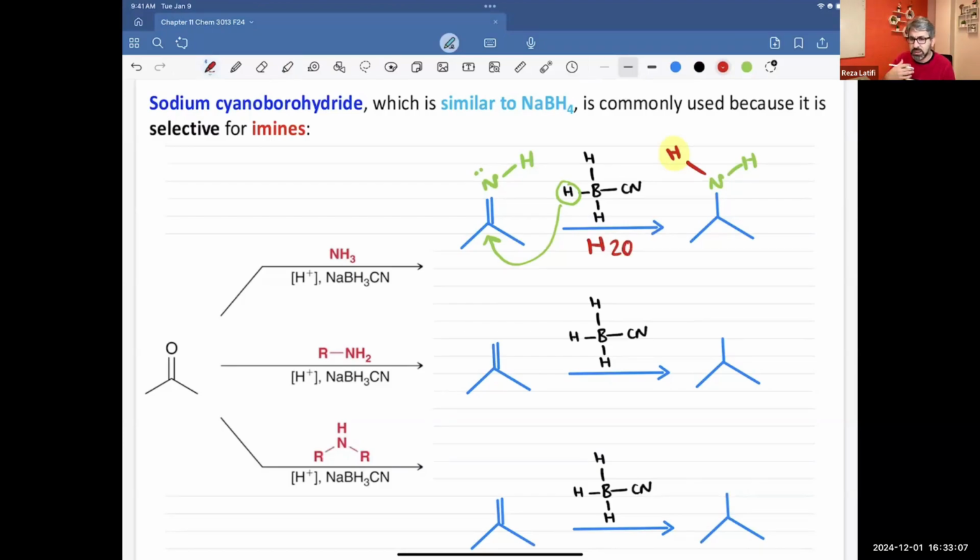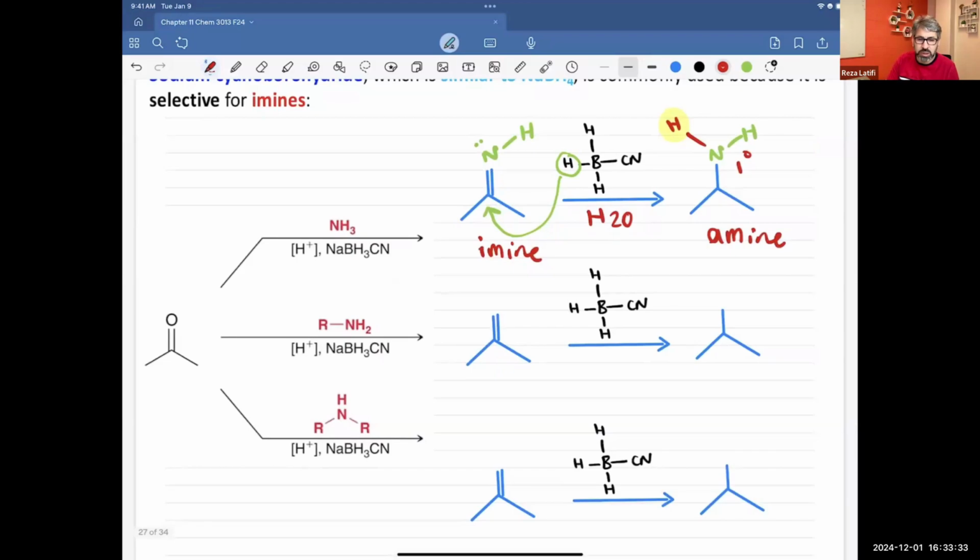And I need to treat the solution or the product with acidic solution, until I technically turn it to the amine. And this one will be a primary. So this one is going to be amine. That's amine. Okay. And if you replace ammonia by primary amine, in that case, you will have N